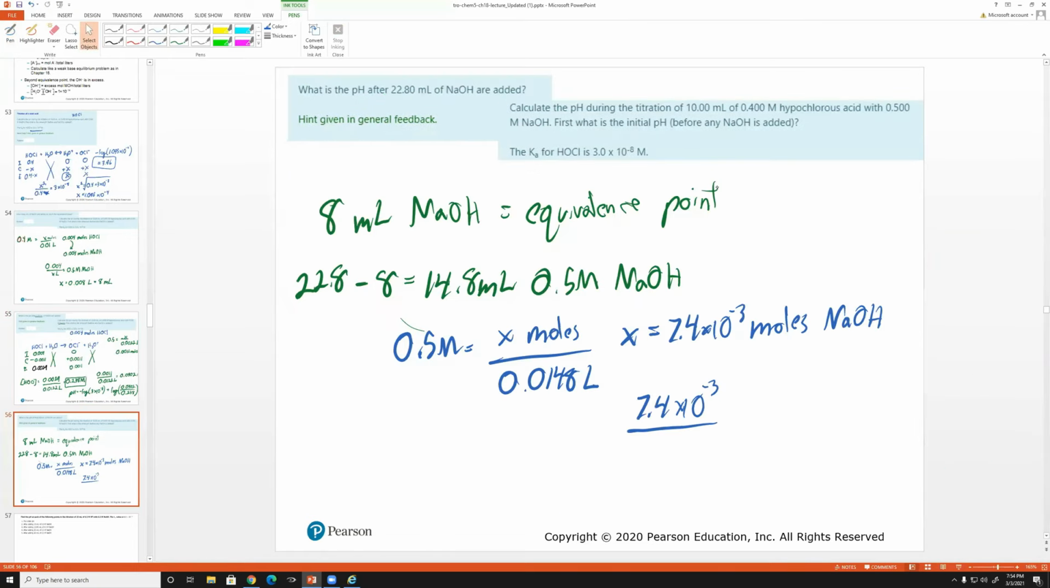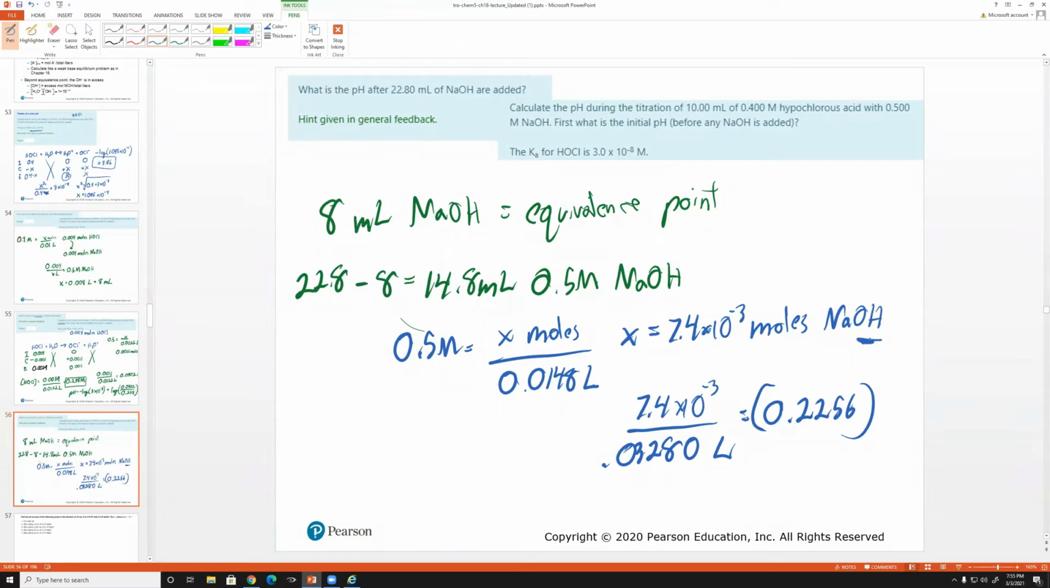plus the 22.8 mils. So that's going to be 32.8, that's 0.0328 liters. And what will that equal? 0.2256. Now, this is the molarity of OH that's free in solution